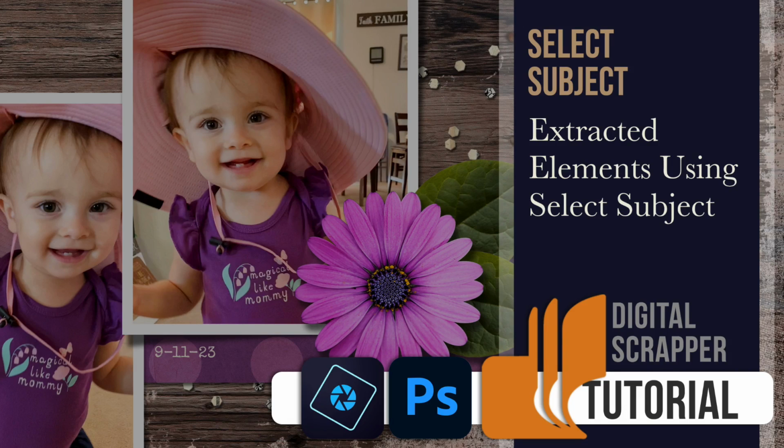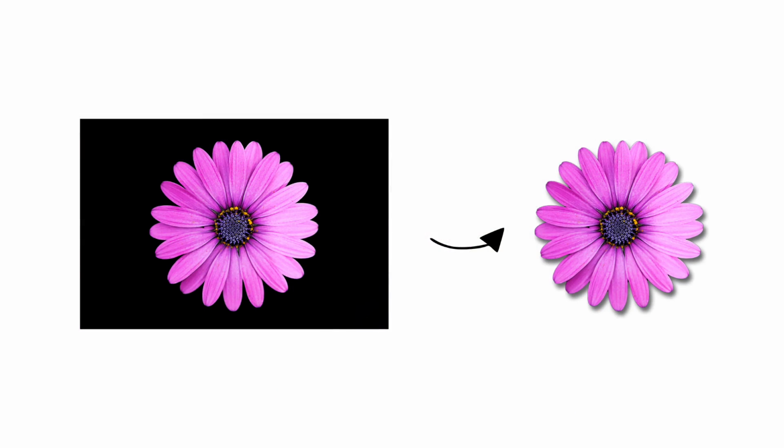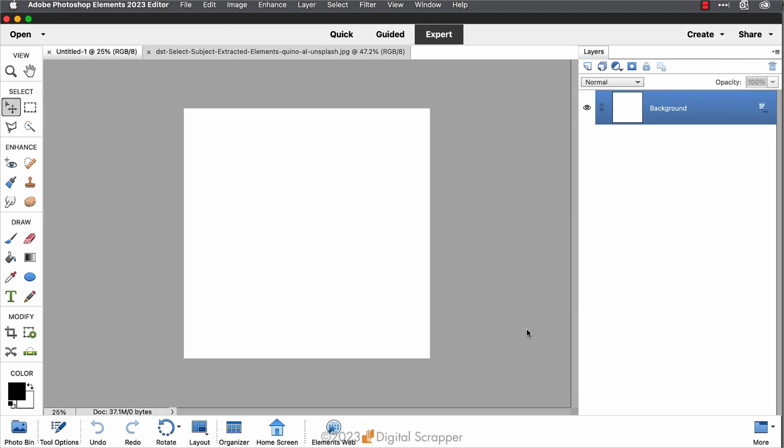Extract your own elements from stock photos with the help of subject selection. In this tutorial, I'll show you how simple it can be to make your own elements using stock photos and the Select Subject menu option. This video is being filmed in expert mode of Photoshop Elements, but the instructions are exactly the same for Photoshop